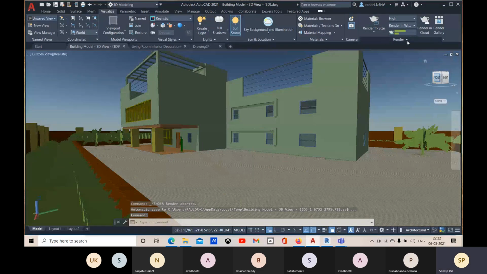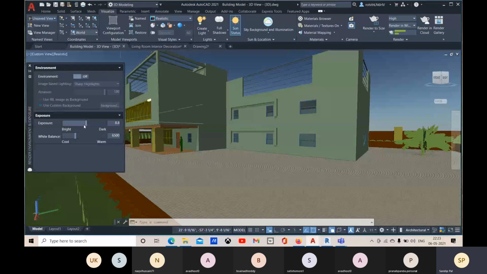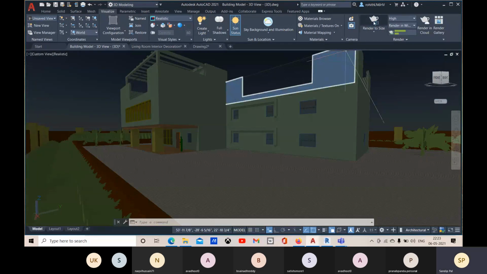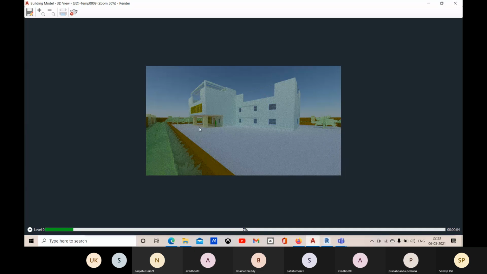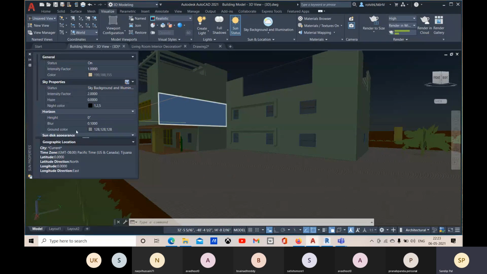So you have to change the exposure, right? Go to render environment exposure. So there you need to change the exposure and then go for render to size. There you can see the difference, and you need to change the sun time. So for that you have this, and come to this one.